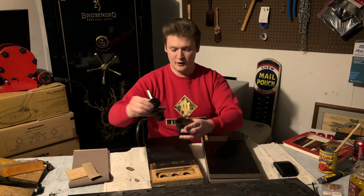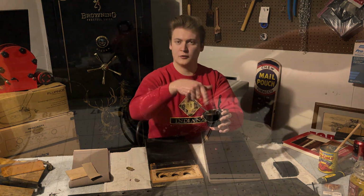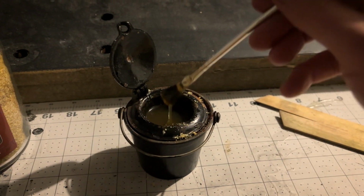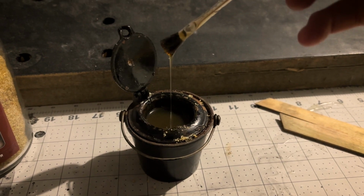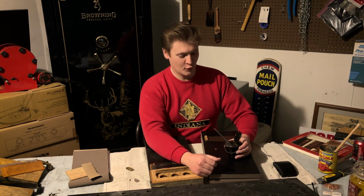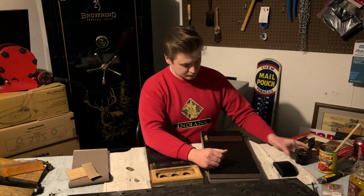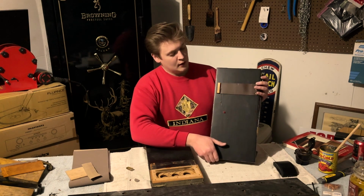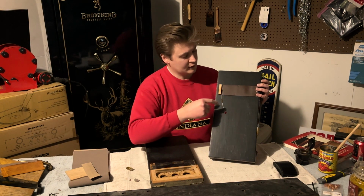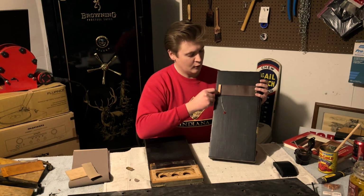You fill the lower with boiling water, put the upper cup into the bowl, put your glue crystals in there, mix it in a little hot water, and then you've got workable glue for about half an hour until it cools down, and then you need to heat some more water up on the stove in the tea kettle and dump it in there, and then it softens up for you again. So I enjoy that. Anyway, that hide glue is used to glue this wooden block to a roughed up patch